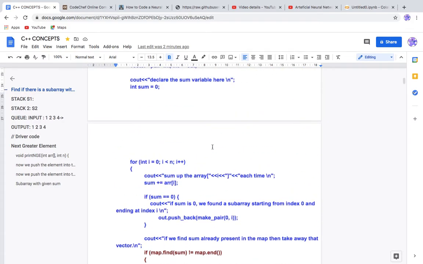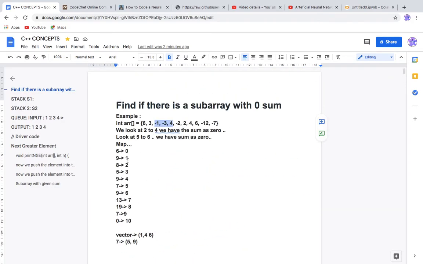So 2 to 4, we have this array. So in case we have multiple arrays, right? Suppose 9 is here, then 9 comes at 4 also, and it is stored. So 1 and 4 are stored, and 6 is also stored as 9, right? So in that case, what will happen? 1, 4 and 6, all 3 will come, right? If you come to 6, counting 0, 1, 2, 3, 4, 5 and 6, here we have sum as 9, right?